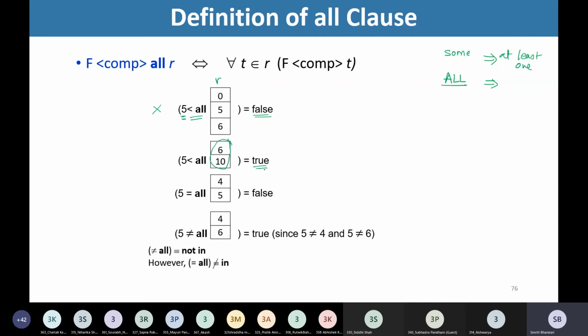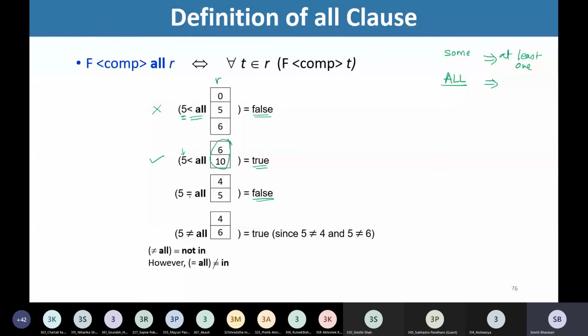And if it is evaluated as true, then that particular tuple in the outer query will be included in the result. Now, see here, 5 equal to all, 4, 5. So, whether 5 is equal to 4? No. Right? So, this is not true. And that is why the entire result is